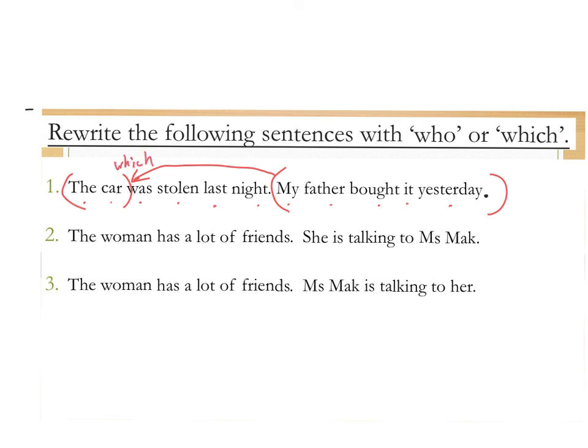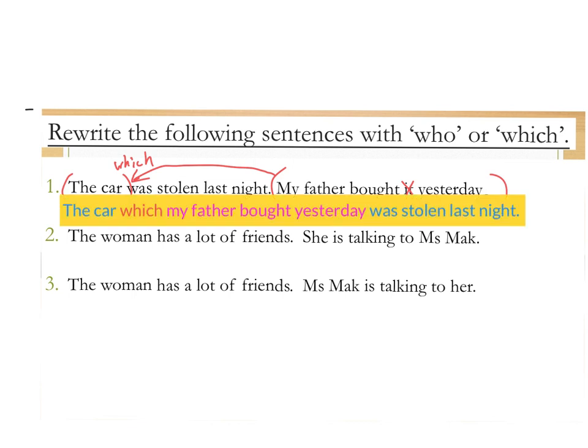At the same time, I need to delete the car in this sentence, that is it. So the sentence becomes, the car which my father bought yesterday was stolen last night. 嗰架我爸爸琴日先買嘅車呢，琴晚就俾人偷咗啦。